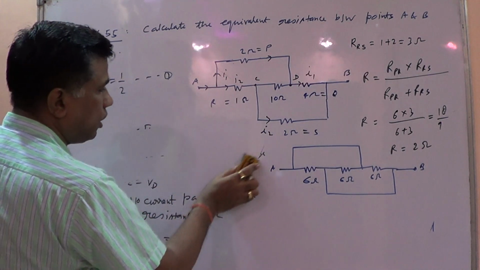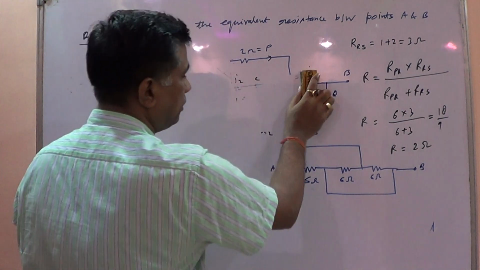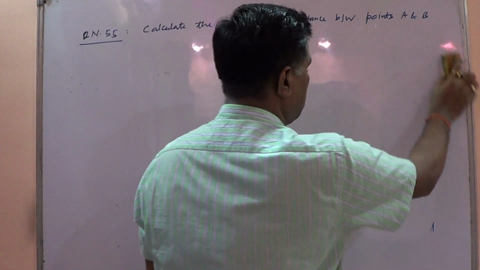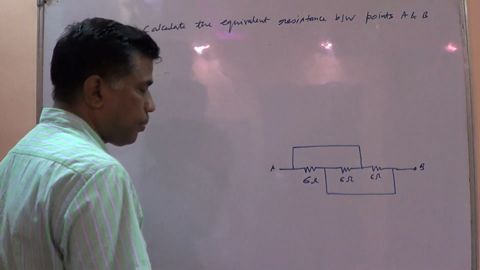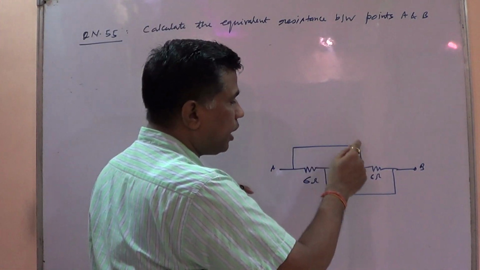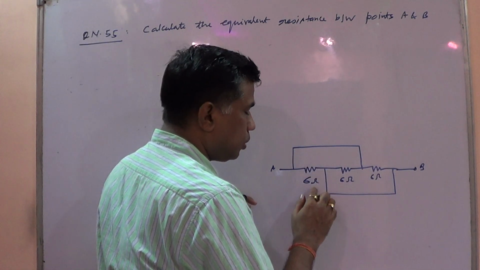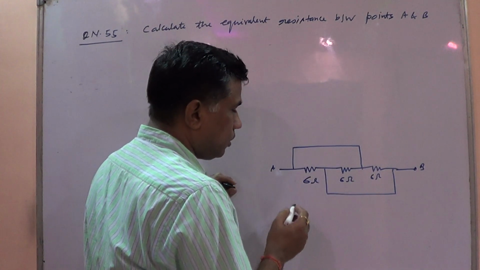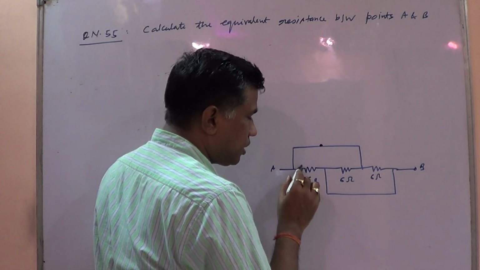Now student, I am going to solve this last part, the third part. Students, there are 3 resistors connected in a row, but there are 2 connecting wires. So all these 3 resistances are connected in parallel. See how? One terminal of each resistance is connected with this point.